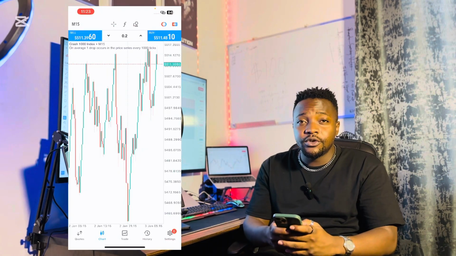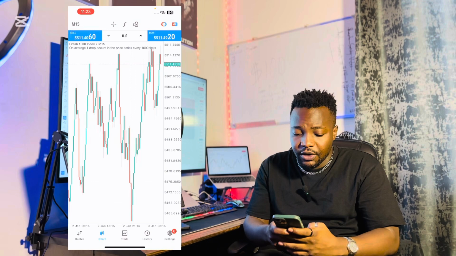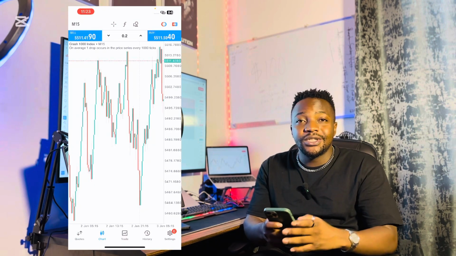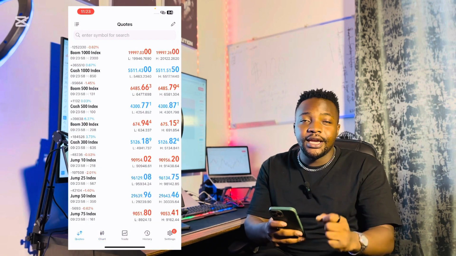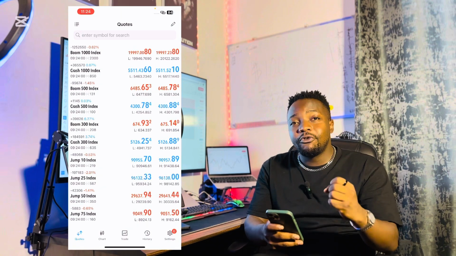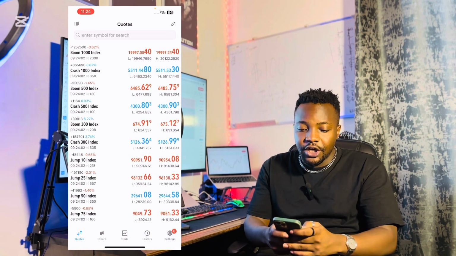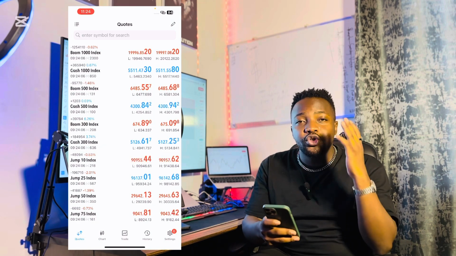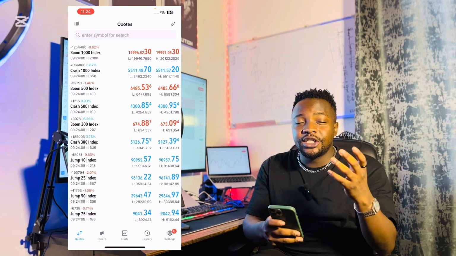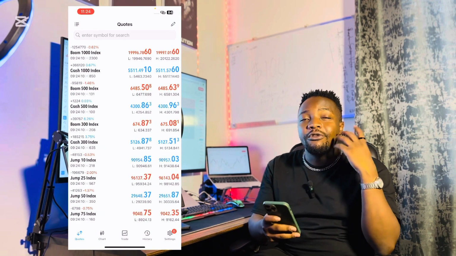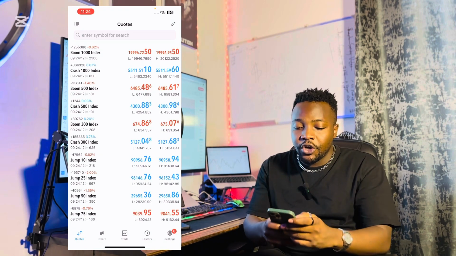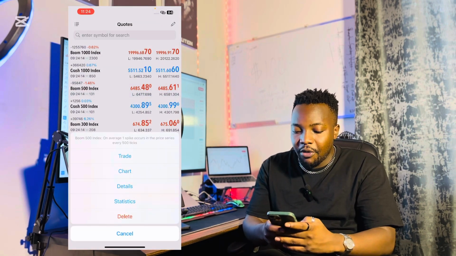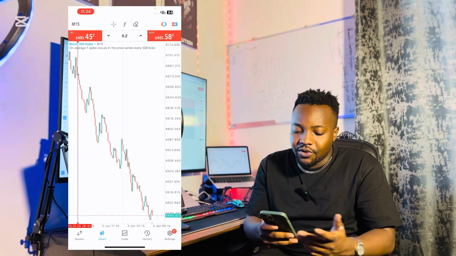Okay guys, so I've just opened my MT5 account and we are ready to start installing all the indicators that we're going to need that are going to formulate this strategy. So I'm going to pick a chart that we're going to start by analyzing, and I'm going to show you how you install the strategy on that chart and how you find trades as well. So right now I'm going to pick Boom 500. As you guys know, it's one of my favorite